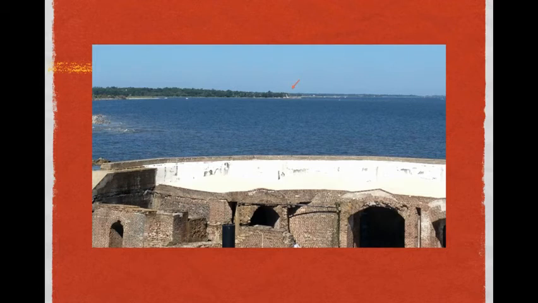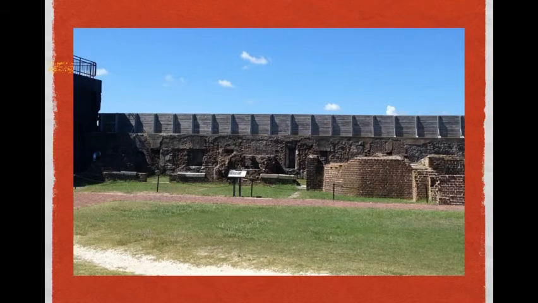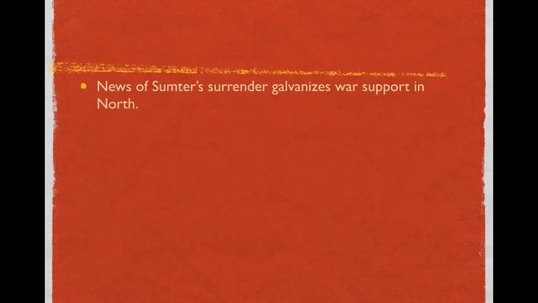In the foreground is Fort Sumter. This picture is the interior of Fort Sumter, and what you're looking at there is where they used to keep the ammunition. A couple of cannons hit there, explode, the fort catches fire, and at that point, it's just a matter of time before you need to surrender.